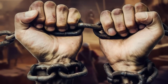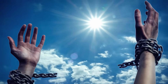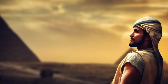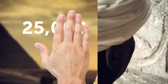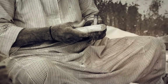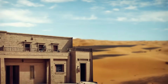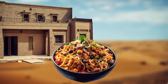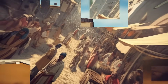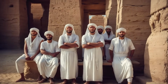Many believe that it was enslaved people who worked at the pyramid's construction site, but that's not true. Workers came from all over Egypt to contribute to the project. All in all, around 25,000 of them. The Egyptians were doing all kinds of work, starting with manual labor and crafting tools to administrative work. They all worked around 10 hours a day. They were housed and well-fed, and they were overall living a more comfortable life than an average Egyptian could afford at that time. Supposedly, the builders lived in a nearby temporary city and were a highly organized community with a